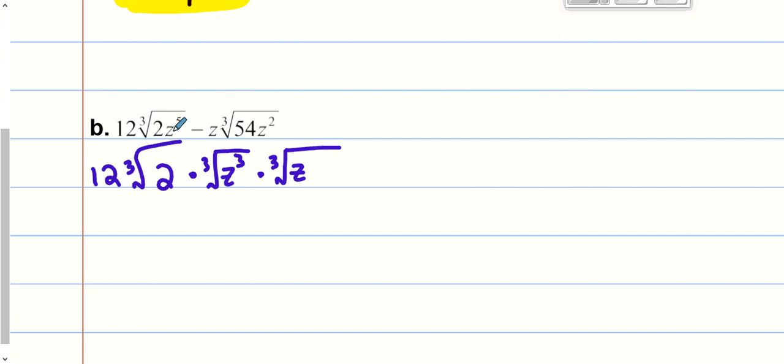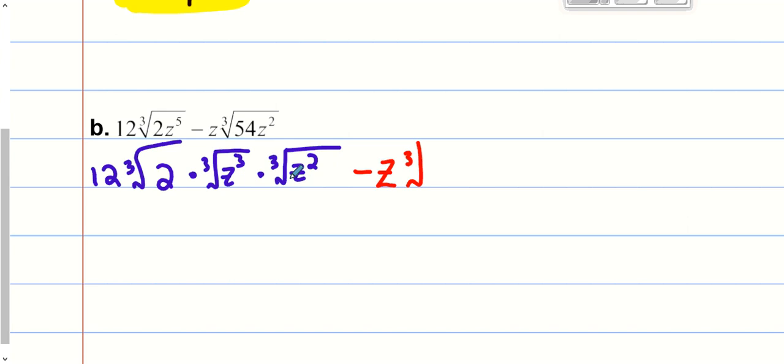Well, what I did is I took out what I needed. So if I have a cube root, I want z cubed. Well, I have 5 total, and I took 3 out. I've got 2 left over. Minus, let's look at the second part here. There's a z out front. I have got a cube root